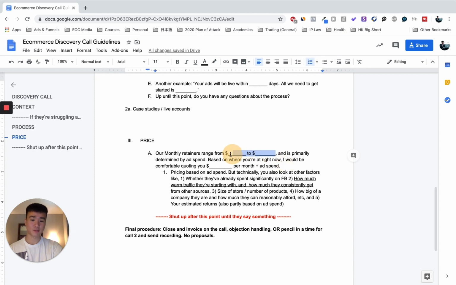Use price bracketing because that gives a range of expectation, and then peg them at somewhere in that range so that you have room for negotiation. Okay. So I'm not a big fan of like $4,000 or $6,000 flat fee, take it or leave it, because I know that different clients have different personas almost. There are different archetypes. So one client may have never experienced a bad agency. Another client maybe has, and